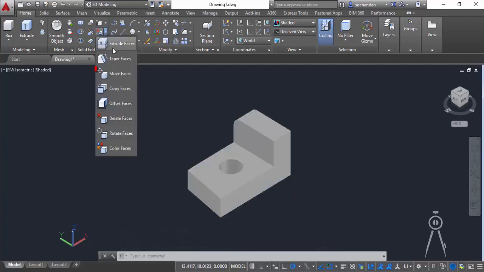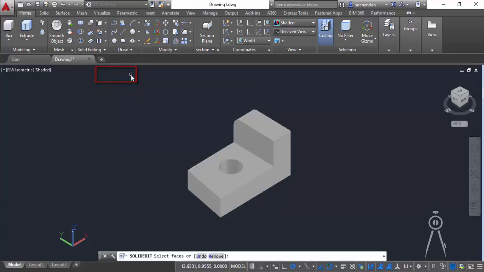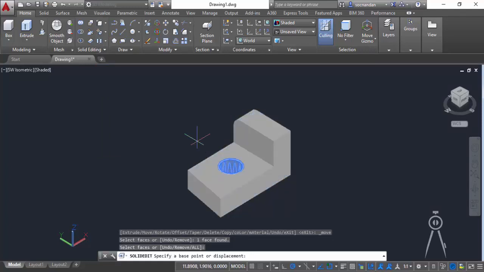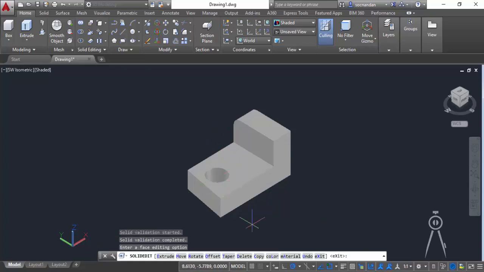For that, select move command. So here we have this move faces. Let's select this, click inside this face and press enter. Now let's click at a base point, and now let's move this geometry towards this point, and here we have this. So now the hole which was initially at some other point is moved, and in this way we can also move some other geometries inside the 3D volume. So let's press escape to exit this command.